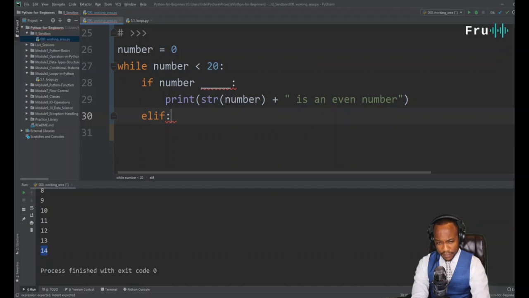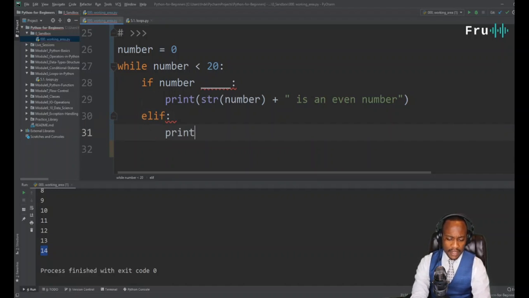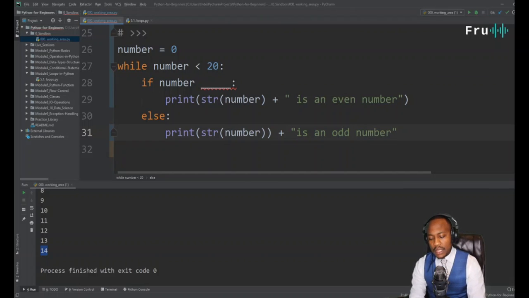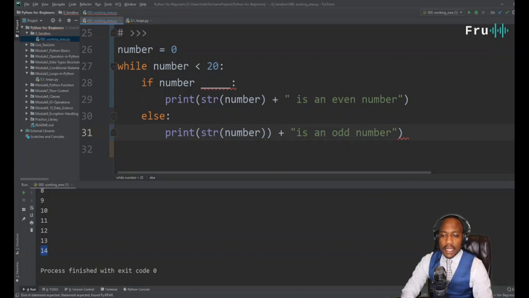All right, let's just play, because there's just two numbers in math, right? Even and odd. Unless somebody has invented something new, I feel like our else statement, let me not do elif, our else statement should be pretty safe. All right, and at this point we want to print number converted to string is an odd number. All right, so this should give us a very simple program that can go ahead and